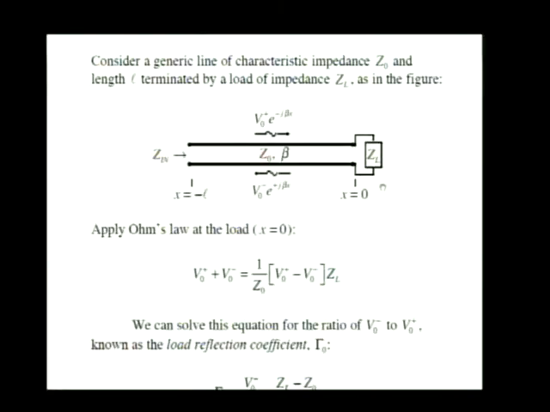Let's say you have a 50 ohm line and a load that's 20 minus j10. Plug in that value for Z0 and that value for ZL. Tell me how long the line is. Tell me what the phase constant of the line is as well. And then I can use that formula to tell you what impedance you'd see at these input terminals of that